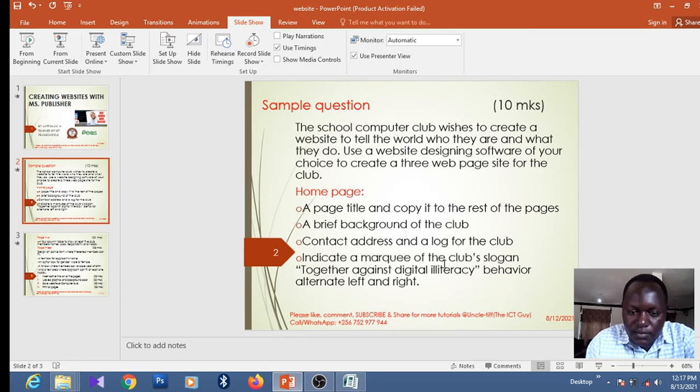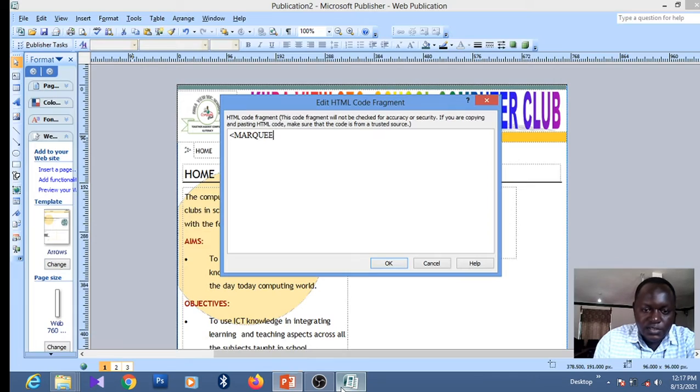They told us to indicate a marquee of the club's slogan, together against digital illiteracy, behavior alternate left and right. So we shall say marquee behavior equals open quotes alternate close quotes tag. So we should now include the slogan, which is together